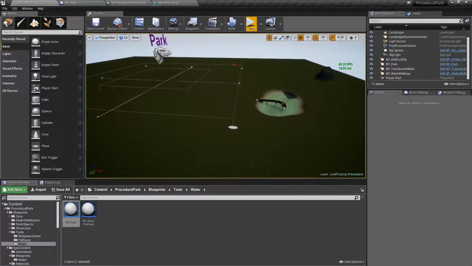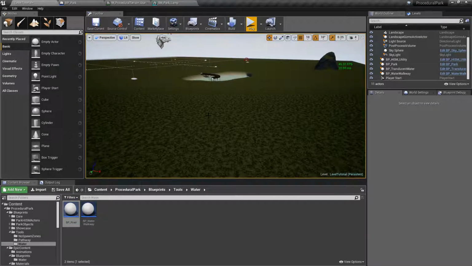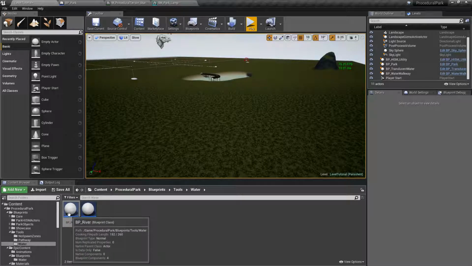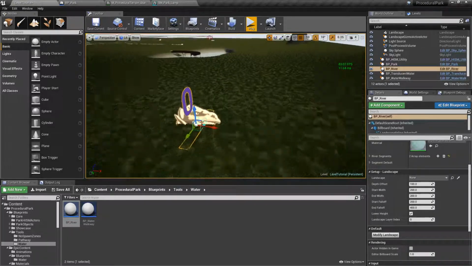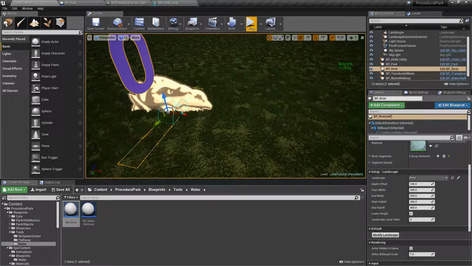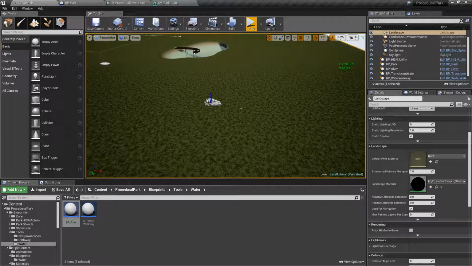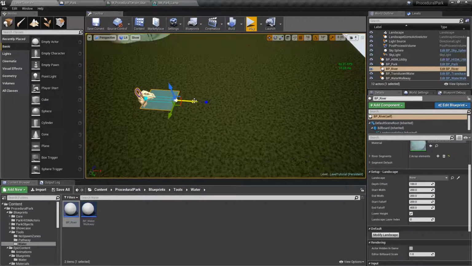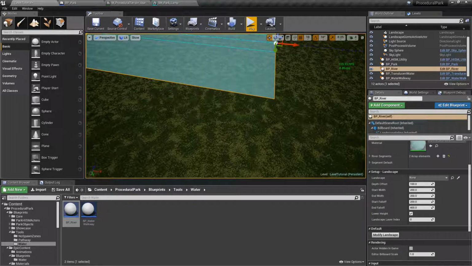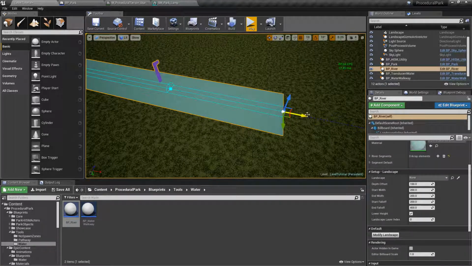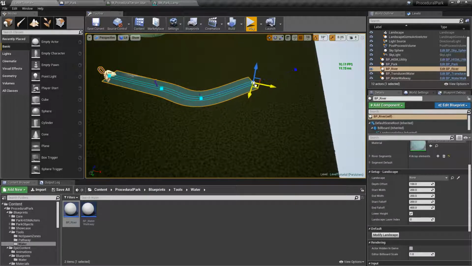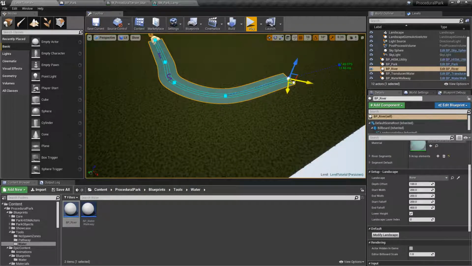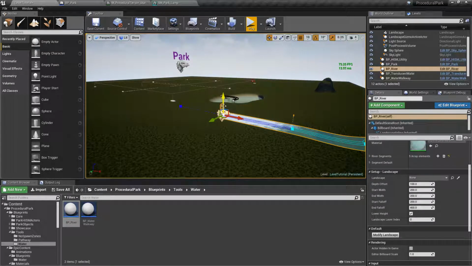This was also included as part of my procedural foliage placement tool, but I'm including it here because I think it's relevant. So you can go ahead and drag this guy here, and again, it's spline based. So zoom in there and click on the little blue spline point, and you can just drag. And I'm going to put this guy a little bit higher. And you can see that as I am dragging, it's creating a little river plane. And I'm gonna go ahead and duplicate the spline points a little bit. And if I grab this guy, whoops,